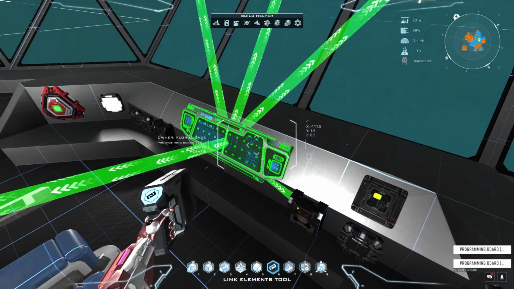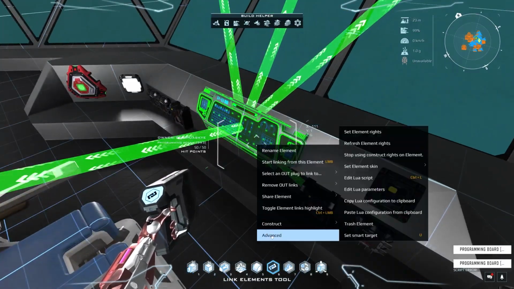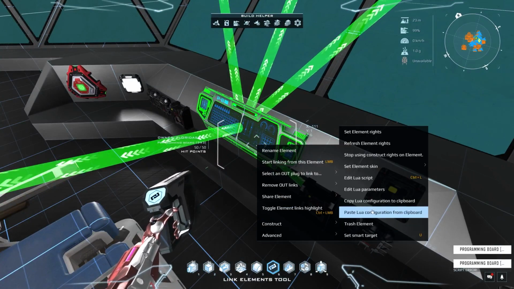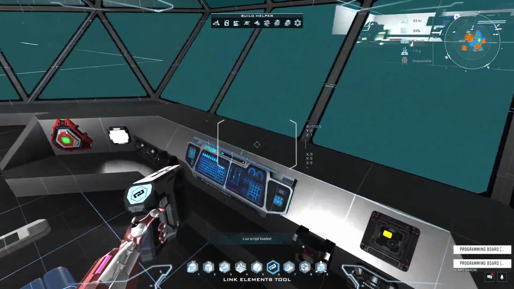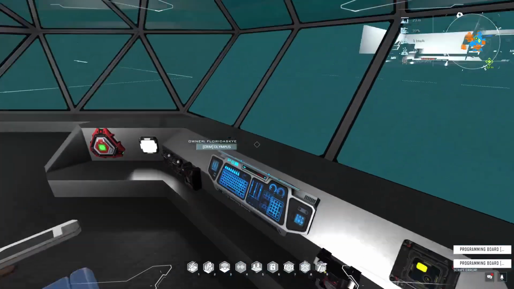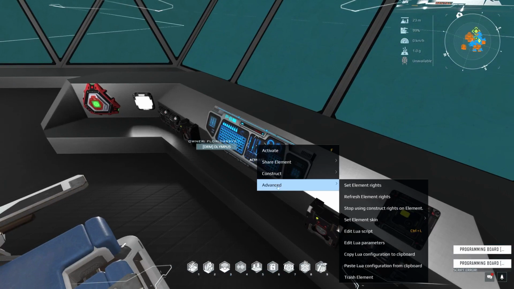And once that's copied, we'll go back to the ship here. And we're just going to go ahead, right click, go to advanced, and paste Lua configuration from clipboard. It'll say script loaded, and at that point we can drop out of build mode. Another thing to do to set this up is to go to advanced, edit Lua parameters,